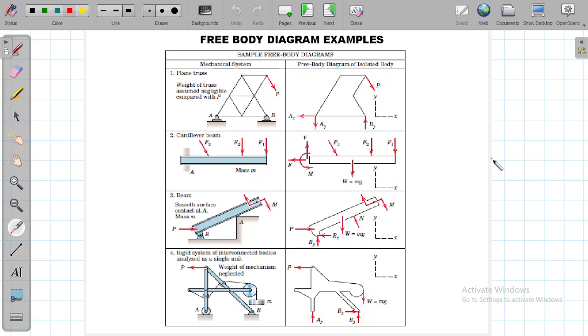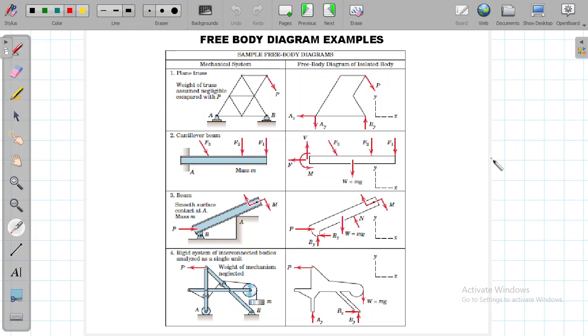Today we are going to discuss free body diagrams. As we already know, free body diagrams are one of the most important initial parts of the solution of any problem. Based on the free body diagram, you can tell whether you will be able to solve the system correctly or incorrectly, because if your free body diagram of the system is drawn incorrectly, you will never be able to converge to the correct solution of the